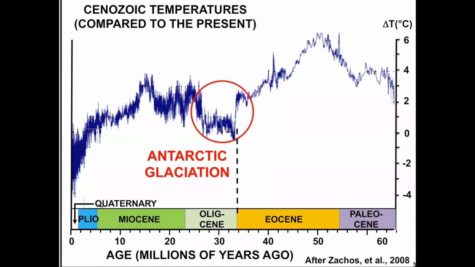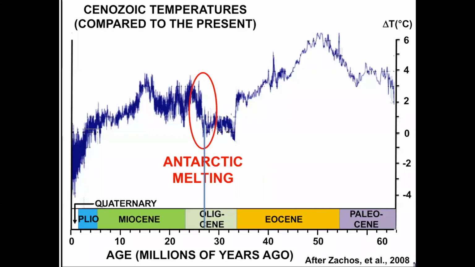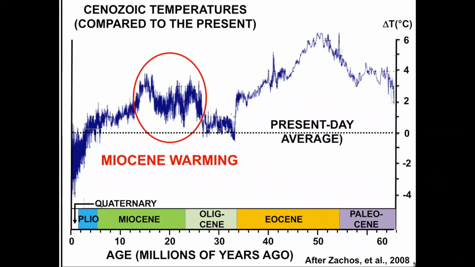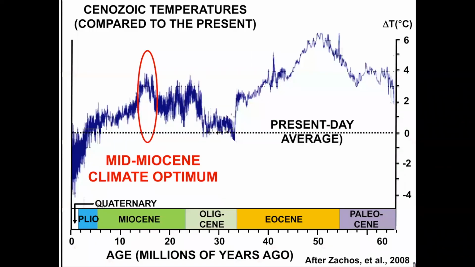And we go through a long period of Antarctic glaciation that finally ends about 26 million years ago with those glaciers melting, and temperatures rise back up into the Miocene period. And the Miocene is recognized as one of the warmer times in recent past. It was a time of grasslands, when the first grasslands evolved. And in the middle of it, there is something called the mid-Miocene climate optimum, a spike in the temperatures that lasted